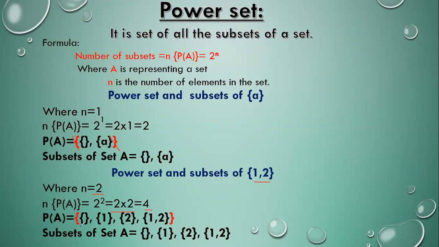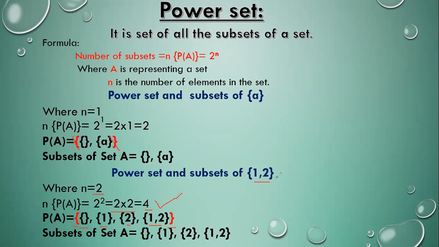Right? So the power set must be enclosed within curly braces like this. The first subset will be the null set and the last will be the set itself. Now the second one will be 1 and the third one will be 2, right? So how many subsets do we get? 1, 2, 3, 4, and that is required. We need 4 subsets. Now the subsets can be written without the curly bracket. So we get the answer for power sets and subsets.